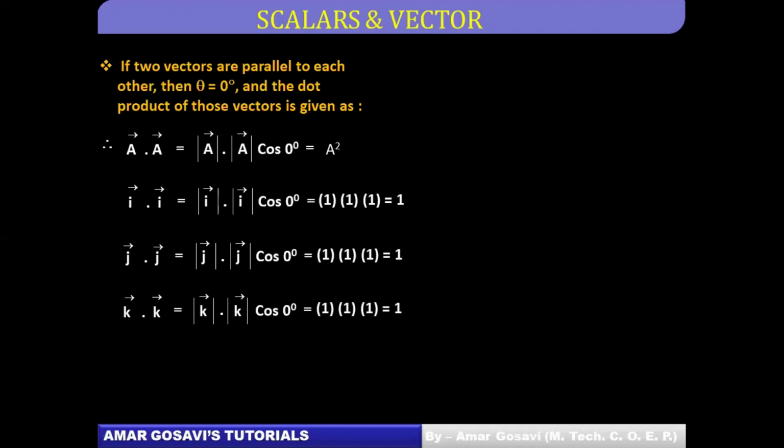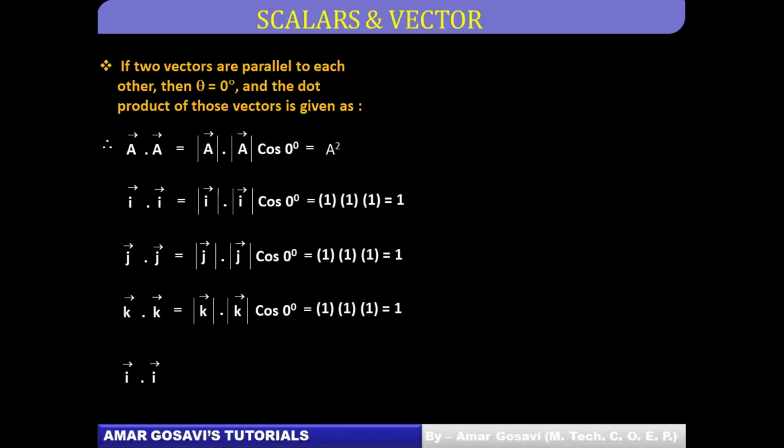So the self dot product a bar dot a bar you get as a square, and you know the reason why. Similarly, i cap dot i cap comes out to be 1, j cap dot j cap comes out to be 1, and k cap dot k cap comes out to be 1. This is shown on the slide. Very, very crucial calculation, friends. Time and again you would require these calculations to solve any problem related to vectors. Solving problems on vectors won't be a cakewalk unless you understand the nitty-gritty of the concepts.